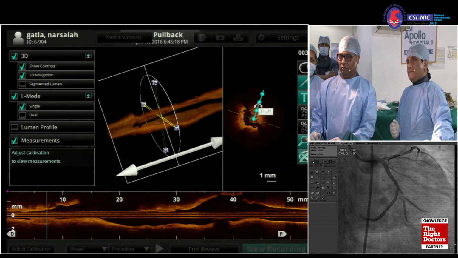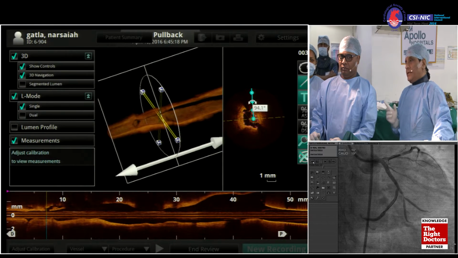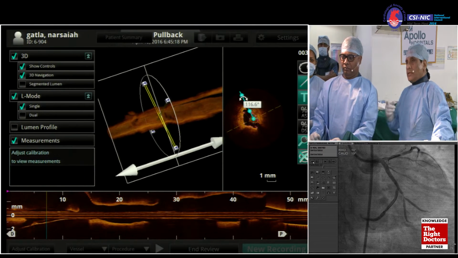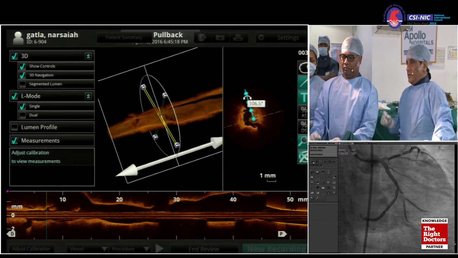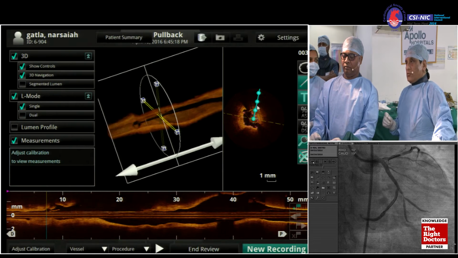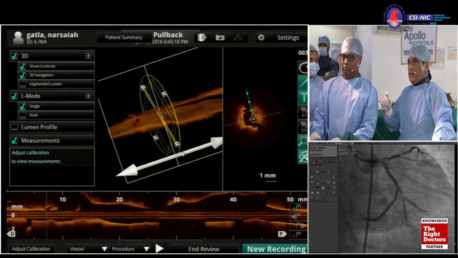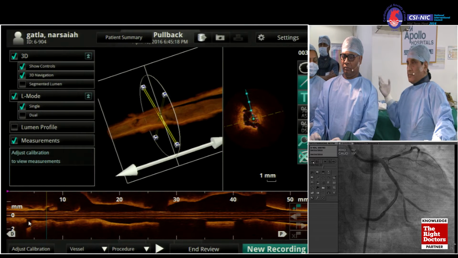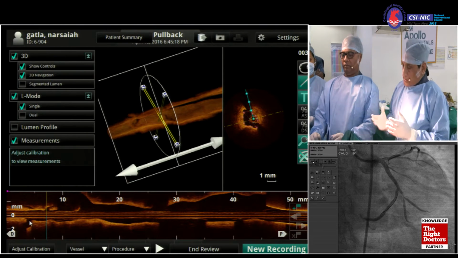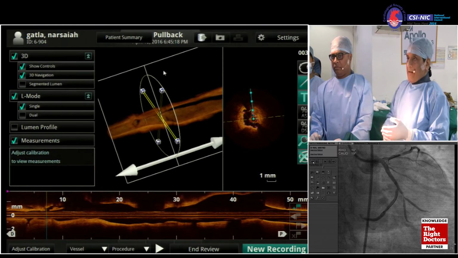You said you dilated the lesion before crossing the wire. Why did you do that? Before doing the OCT, the reason was that with such a subtotal lesion, OCT will show no picture because there is no flow. So you have to do a small balloon dilatation, and that is what we did with the 2.0 balloon, and then we did the OCT, and this was just to show how this 3D OCT looks in the bifurcation lesion.